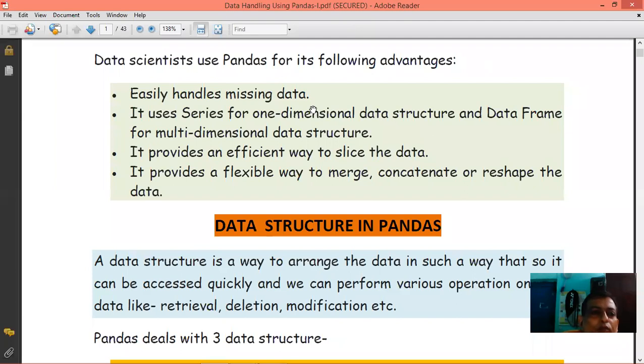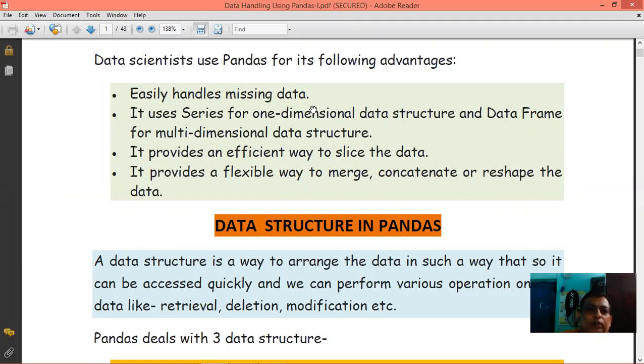So now, data scientists use Pandas for the following purposes. Advantages: it easily handles missing data.